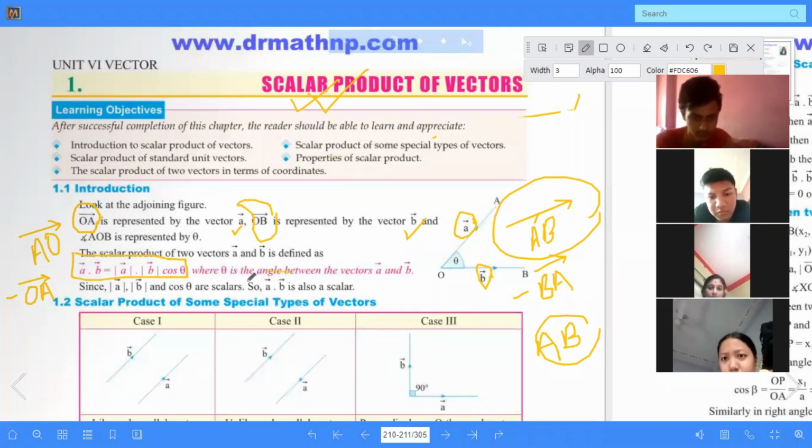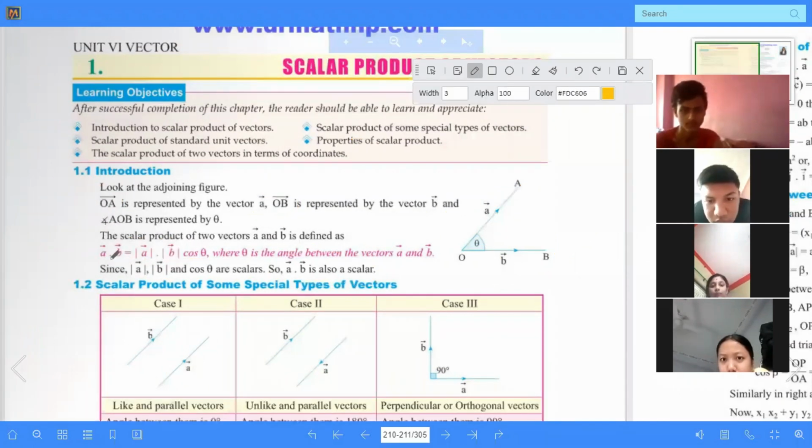Here is written the same. A vector dot B vector is also scalar, right? So one formula is here to always remember. Please keep in mind, one formula is always here to remember, that is A vector magnitude into B vector magnitude into cos theta. A vector dot B vector is called scalar product, and the formula for the scalar product of any two vectors is: A vector dot B vector is the magnitude of A vector into the magnitude of B vector into cos theta. Now many things come up here,